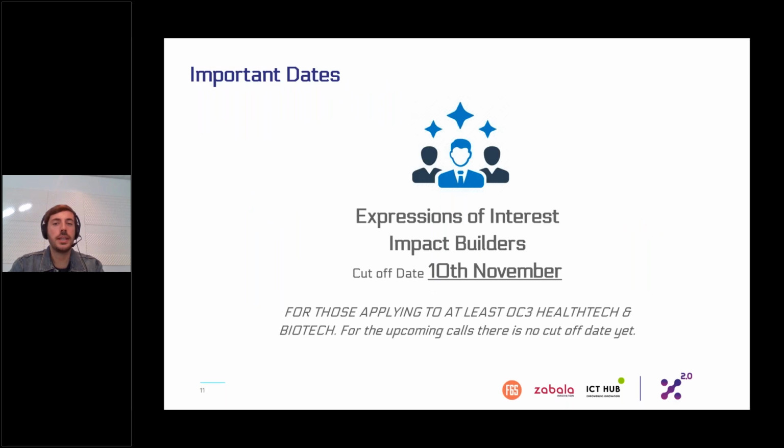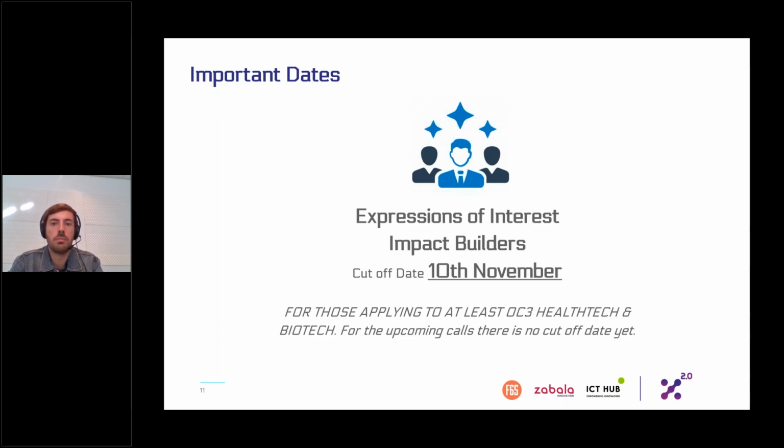Now, important dates. I will tell you later about this, but you as an impact builder have to apply for our program. This is not a competitive step. You just apply with the services you are willing to offer and the call you are willing to participate in, and then you will automatically, in case you are eligible, which the eligibility criterion is only being part of a country admitted in Horizon Europe, or Europe and some other countries. You have the list on our website.